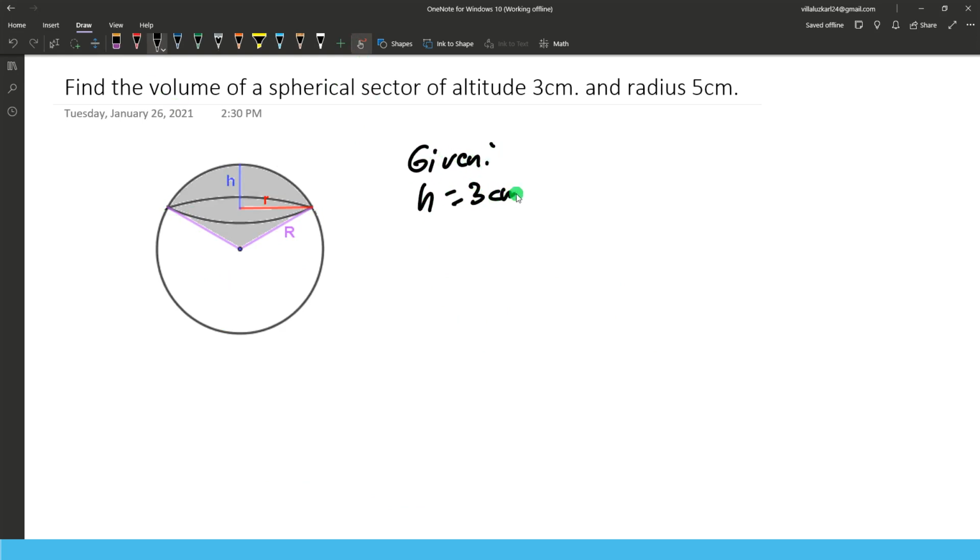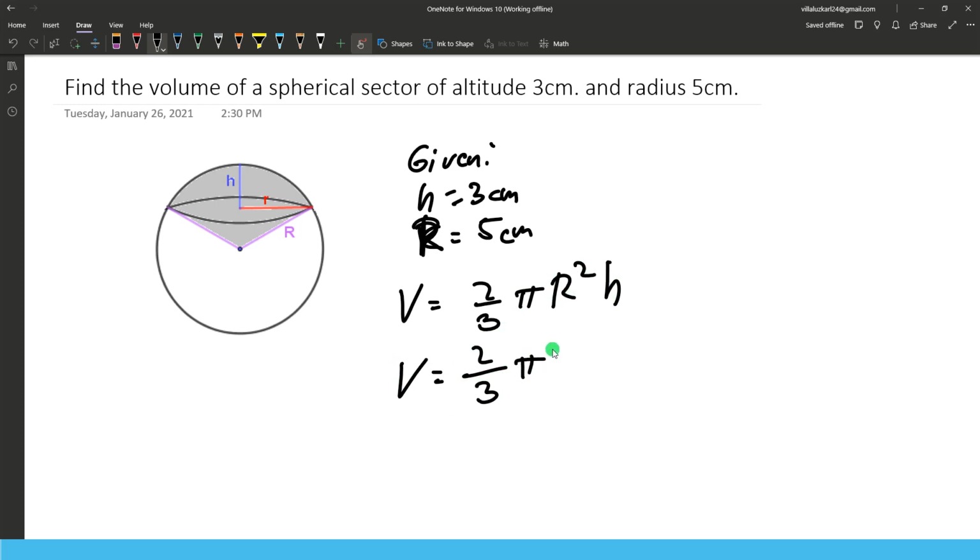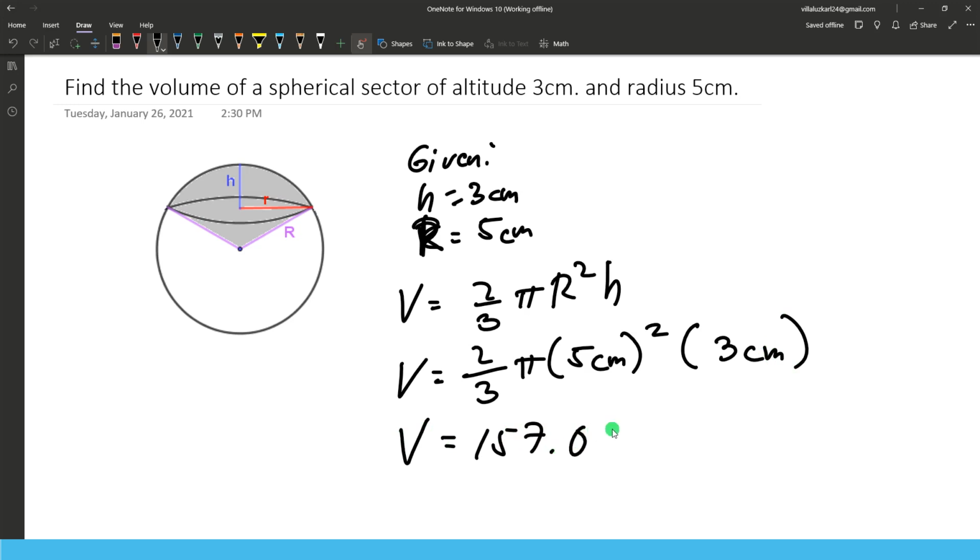So given h is 3, radius is 5, or big R. Solution: the volume is 2/3 pi r squared h for the volume of a spherical sector. So simply substituting all the givens, we have 5 centimeters squared times 3 centimeters. You can easily determine the volume of the sector, which is 157.08